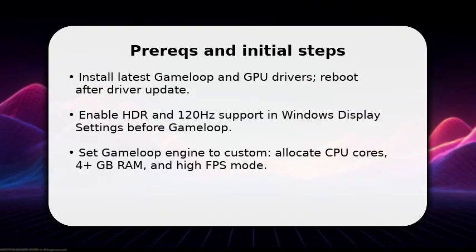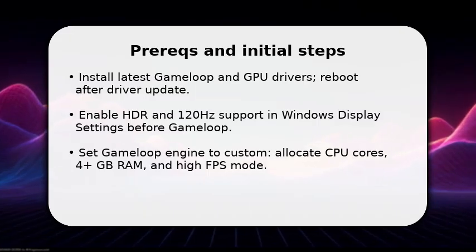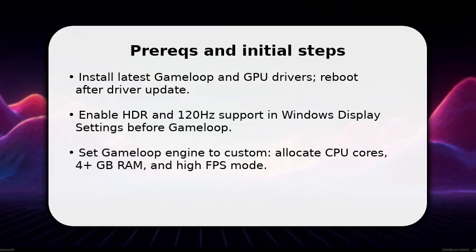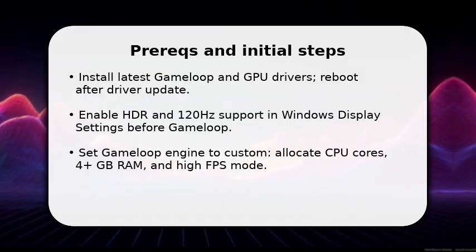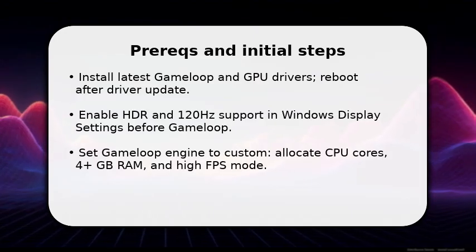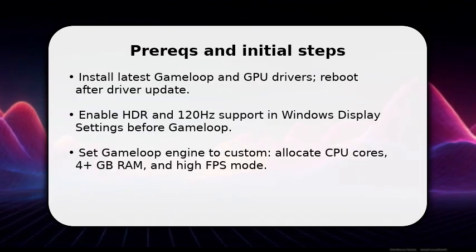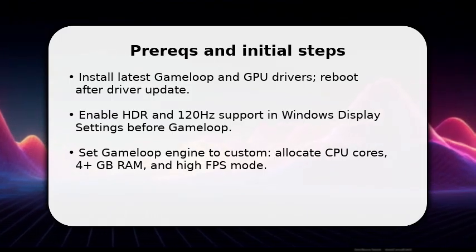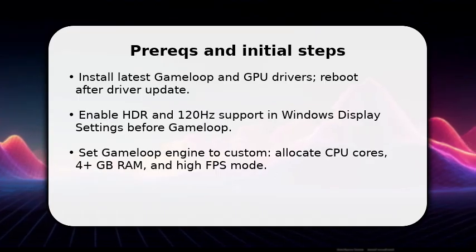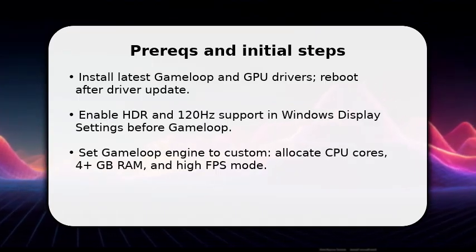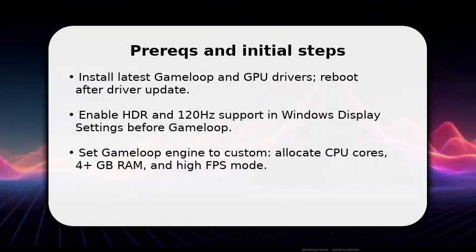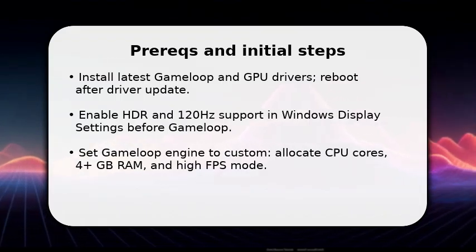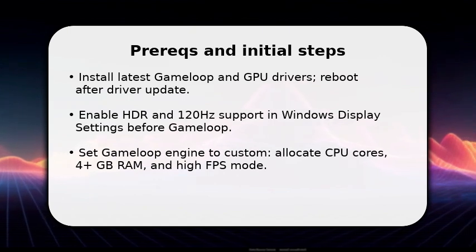You start by confirming prerequisites: updated GPU drivers, Windows HDR enabled, and Gameloop newest build installed. Open Gameloop and go straight to engine settings. Change rendering to OpenGL Plus or DirectX based on your GPU and set FPS to 120. Allocate at least 4 GB RAM and 2 CPU cores, then choose Performance mode. Once done, save and restart Gameloop, so the emulator reads HDR and high refresh settings before you continue to an